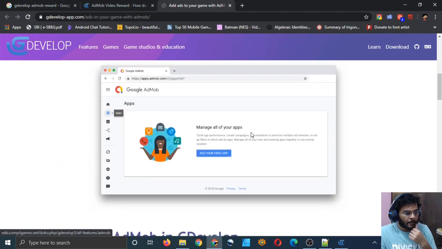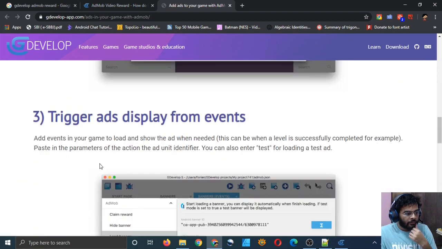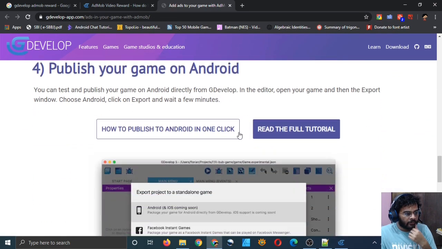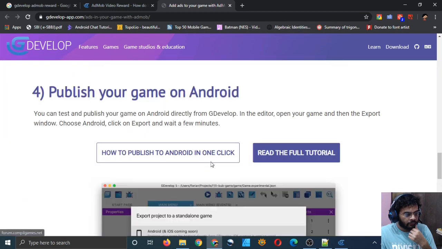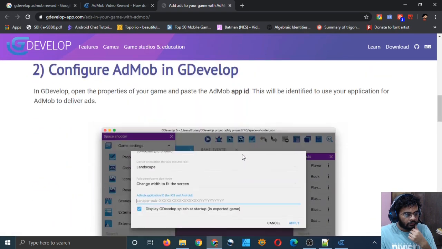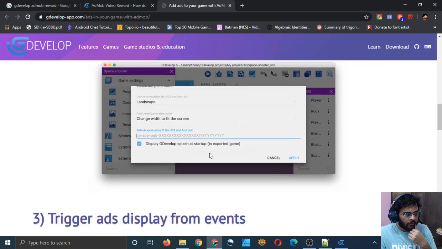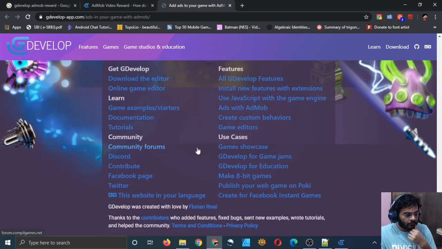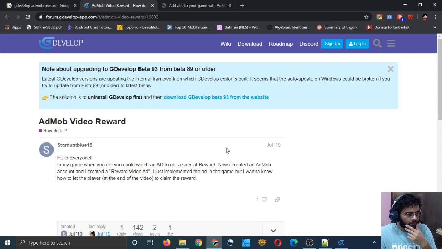So trigger ad display from event, publish, showing. Yeah, that we did that. I will just see that.